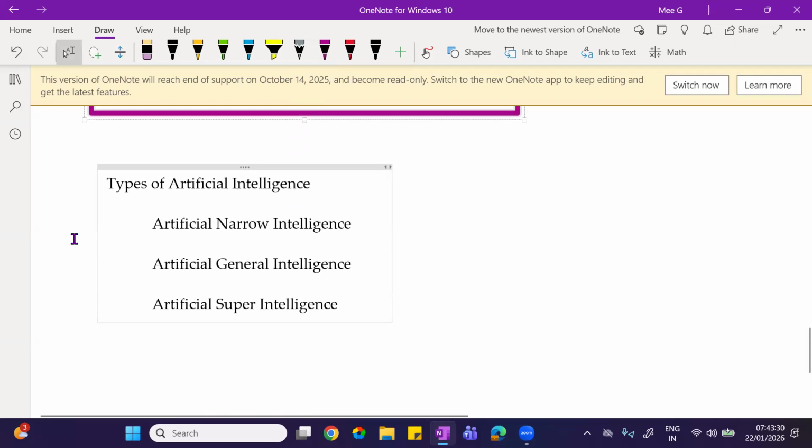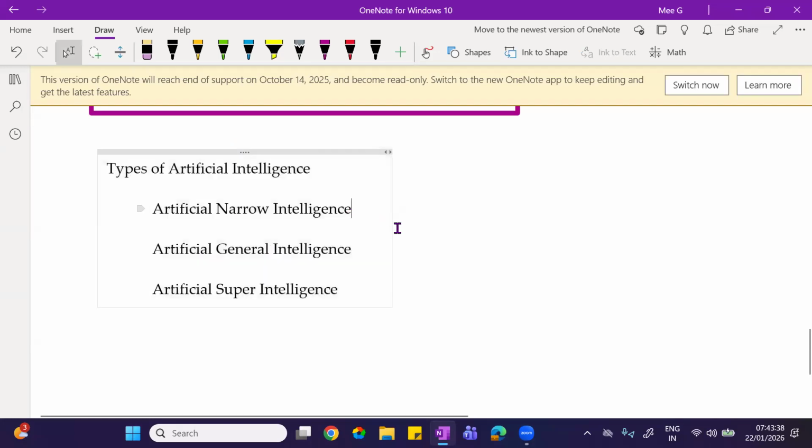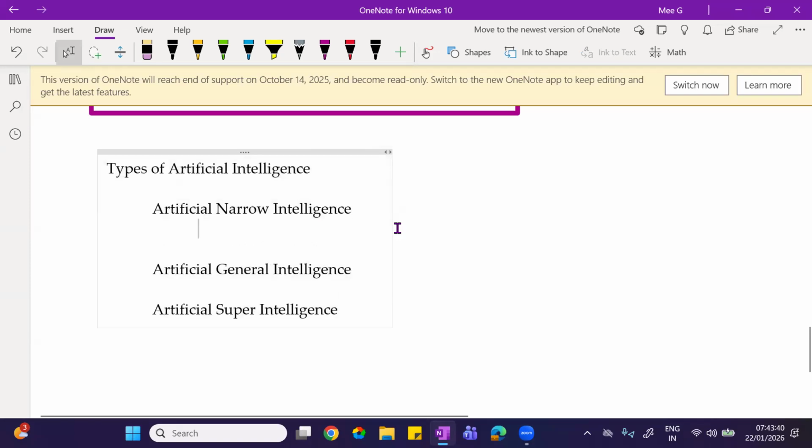Now, when it comes to the types of artificial intelligence, the first one is narrow intelligence. See, narrow intelligence is the basic form of AI systems.